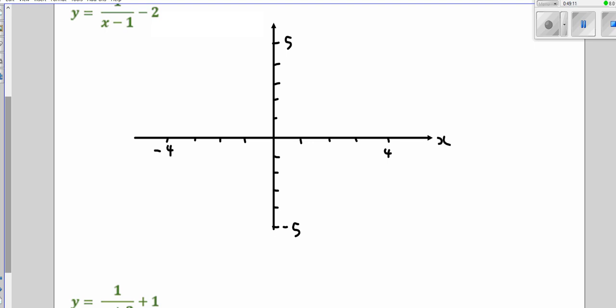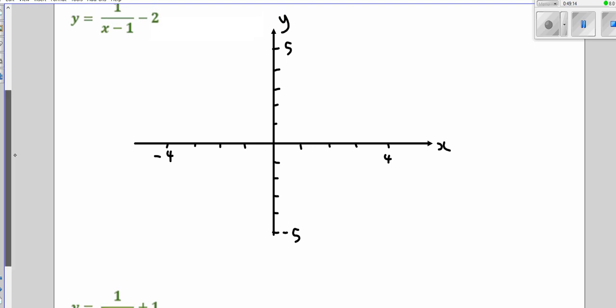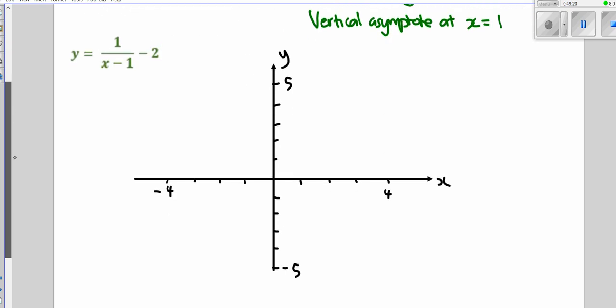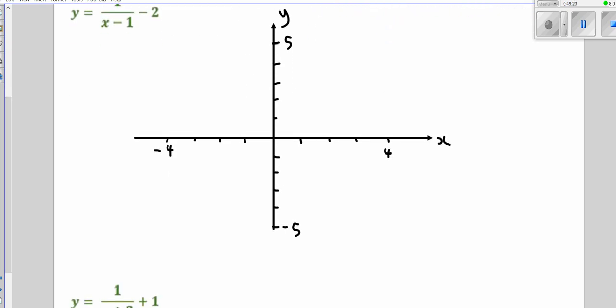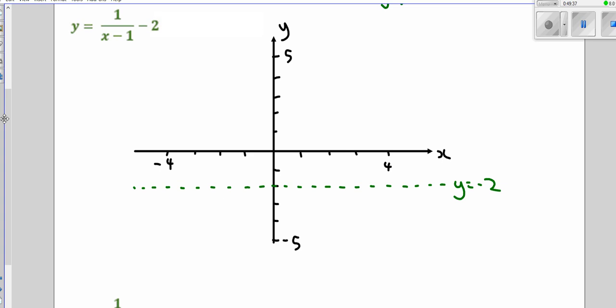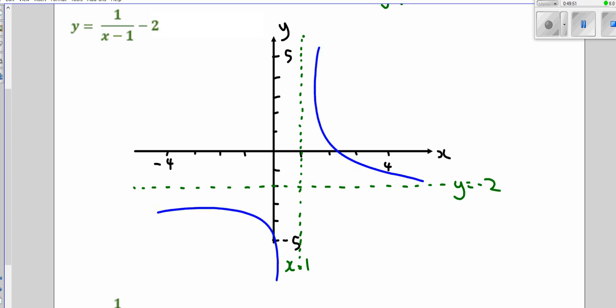So let's mark in our asymptotes if you want. Use a ruler, please. Horizontal asymptote at y equals negative 2, down here. It can be good to draw your asymptotes first. We have a vertical asymptote at x equals 1. x equals 1 will be going through here, according to our scale. Make sure to label your asymptotes. Now you can probably guess that the graph's going to be doing this and that, but if you're not sure, just have a little graph of it